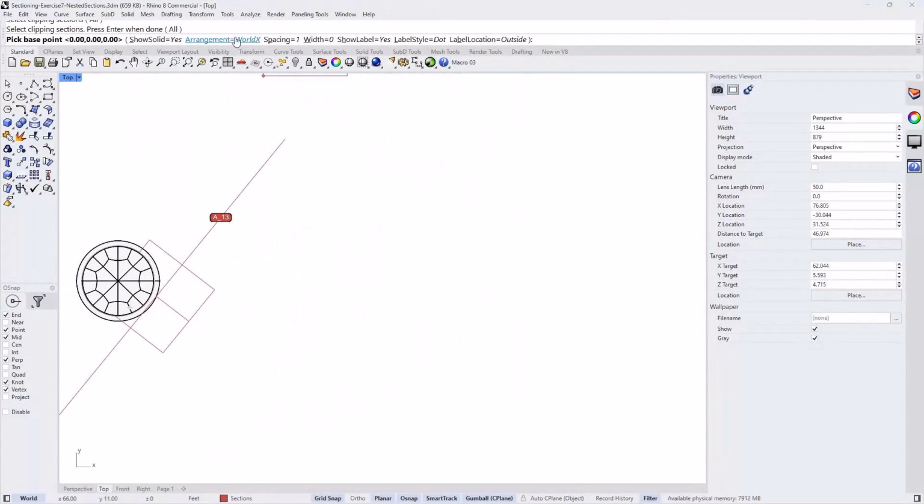You can say, okay, I wanted the arrangement to follow the world X. So each one of these slices is going to be next to each other along the X-axis with the spacing. Maybe I don't need so much spacing. But also give me a rough width because, for example, my sheet has 20 units width and I want to be able to fit those.